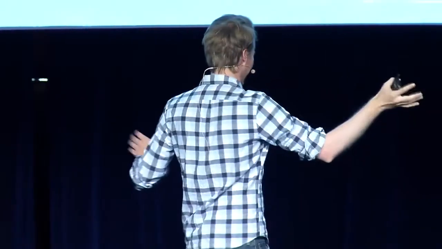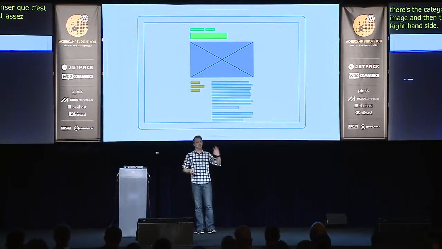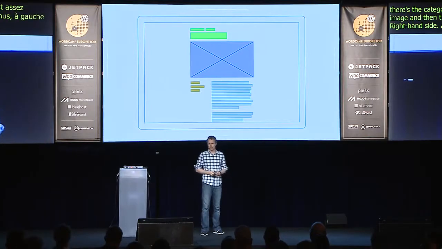It's fairly basic. It has some interesting stuff, like there's the categories and title at the top, and then you have the featured image, and then you have the meta content on the left-hand side, or right-hand side, and then the content itself. And you go, yeah, sure, this is relatively easy to do. Except,